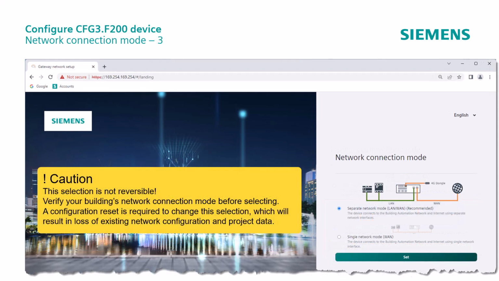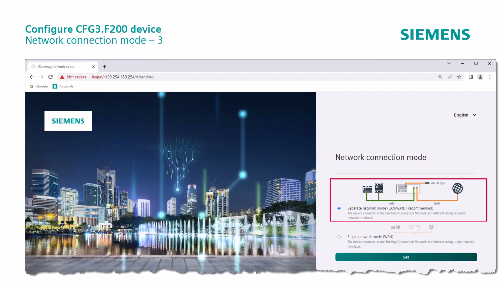An important note before we move on. This network connection mode selection is not reversible. Verify your building's network connection mode before selecting. A configuration reset is required to change this selection, which will result in loss of existing network configuration and project data. For our case, we choose the mode recommended by Siemens, the separate network mode, and confirm it by clicking